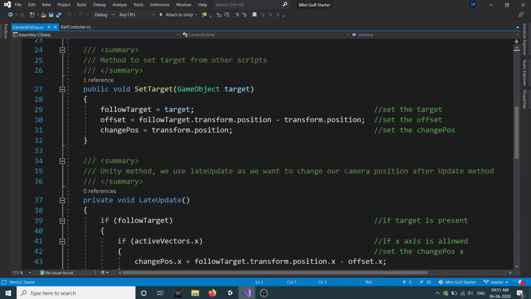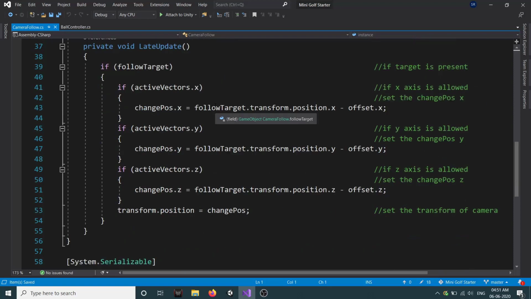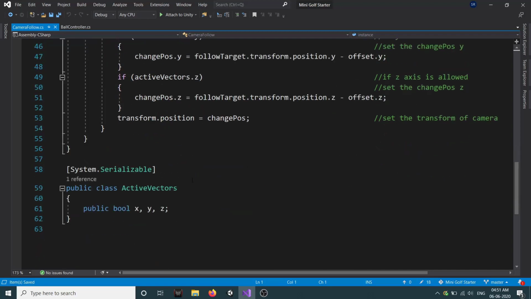We set the offset, we set the change position, and then in our late update, so as we are updating in fixed update, we need to use late update or fixed update. So right now we are using late update to update our camera. So if we have our follow target, then we check if the vector x is active. If it is, then we change position in x axis. If y is active, then we change position y, and same for z.